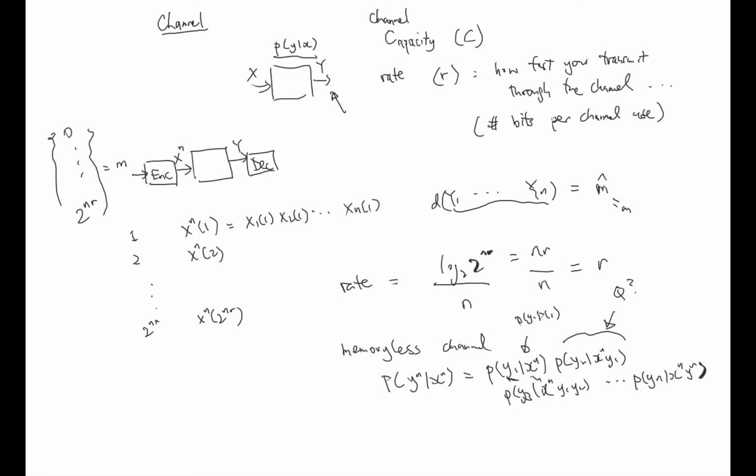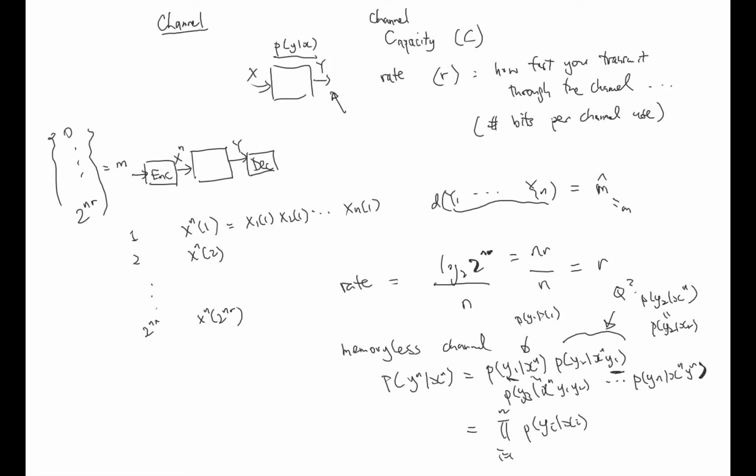Yes, actually, it will only depend on the current input. So you have P(y_2 given x^n, y_1). Given the input, you don't care about the previous output, so you only depend on x_2. It also won't depend on the inputs at other time instances. So it will just be equal to P(y_2 given x_2). So we can ultimately simplify to something like that. All of these terms will be similar, so eventually I will have just a product of P(y_i given x_i), with i equal to 1 to n.